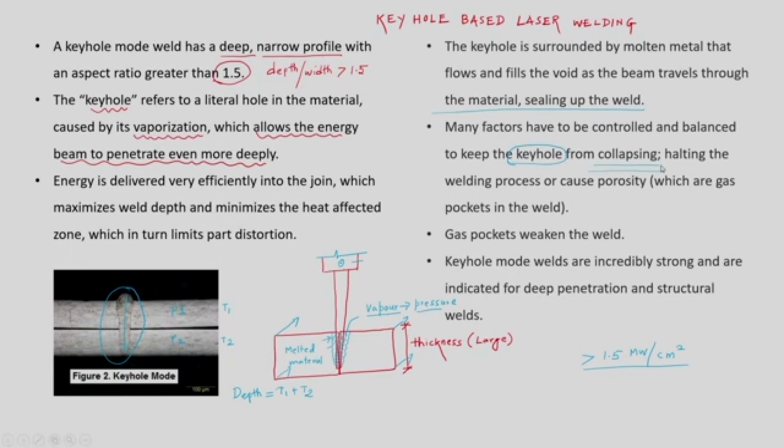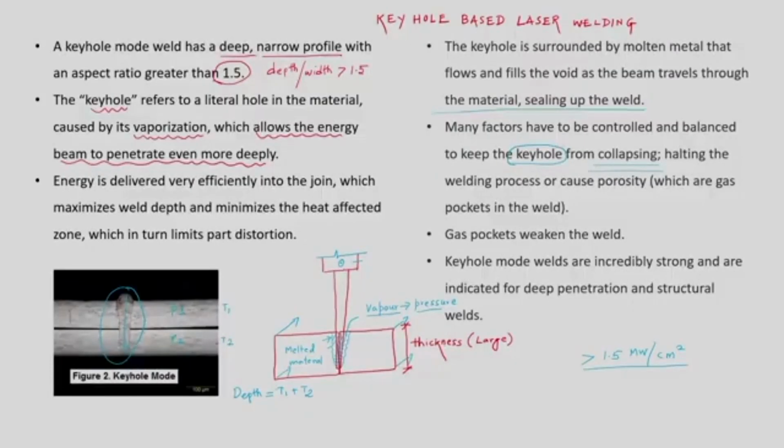If the keyhole is getting collapsed during the application of laser beam energy itself, we may not get good quality welding. So, the keyhole has to be filled up by the surrounding molten metal when the laser is passing through it,